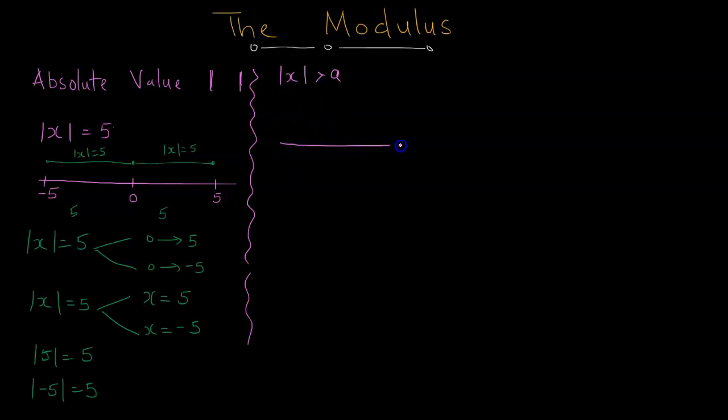So if this is a number line where every point here represents values of x, and I've got a 0 here, and a to the right of 0, and negative a to the left of 0. Now we are told that the absolute value of x is greater than a. So this means that the length we need here in consideration is greater than a. So if the length is greater than a, what it means is that if I have my ruler on the 0 mark, my range of values would be all of the numbers